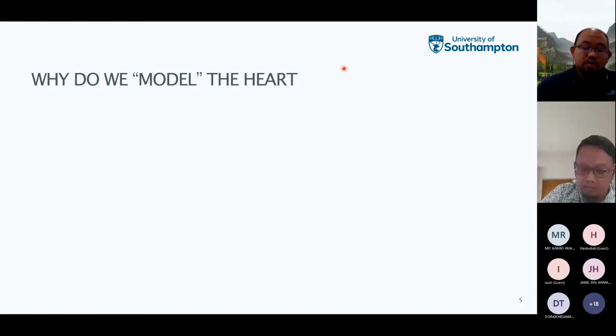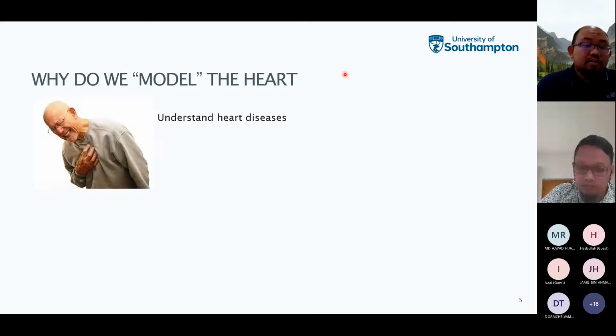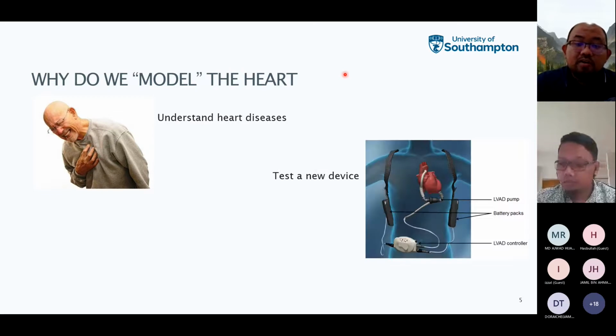Yeah. So the purpose why we want to model a heart is we want to understand heart disease. Sometimes we are not clear how a disease develops or what the mechanics behind a disease are. So having a heart model allows us to study what happens during a heart disease. And of course, if we have a heart model, we can also make use of it to test